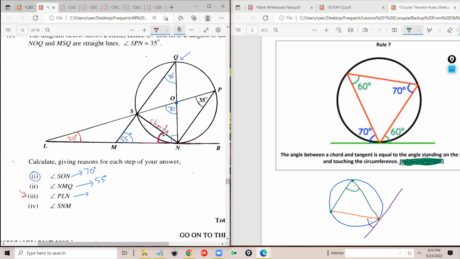So if here is 35, then over here is also 35. Right? But like I said, you have to write back the rule first for the examiner. The one underneath the chord and the one touching the circumference, they're always the same. All right, so